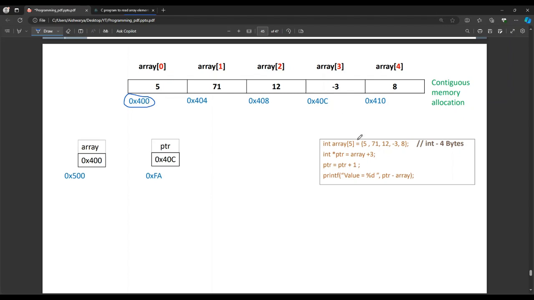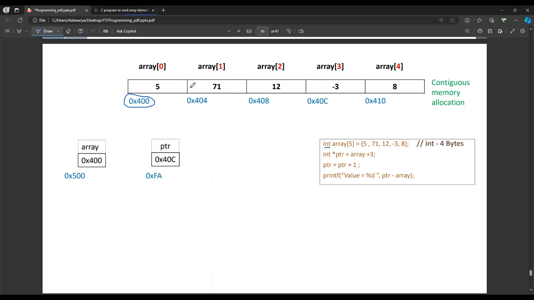Because it contains elements of integer type, I have assumed integer is 4 bytes. It could be 2 bytes as well. So array of 0 will be the first element. Every other address will be an offset of that. So that is what the index indicates. Array of 0 is the element itself, no offset is required, that's why the index is 0. Plus 1 indicates from the starting address of the array, it is plus 1. So 400 in hexadecimal, plus 1 should be 401.